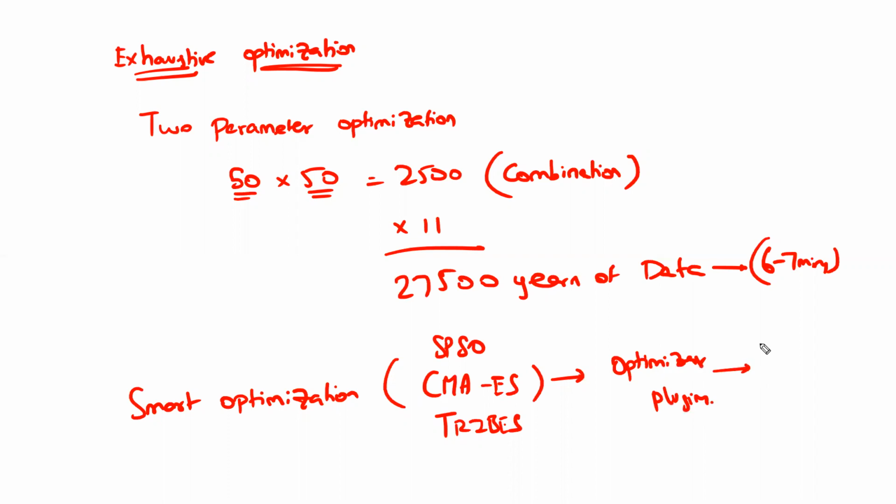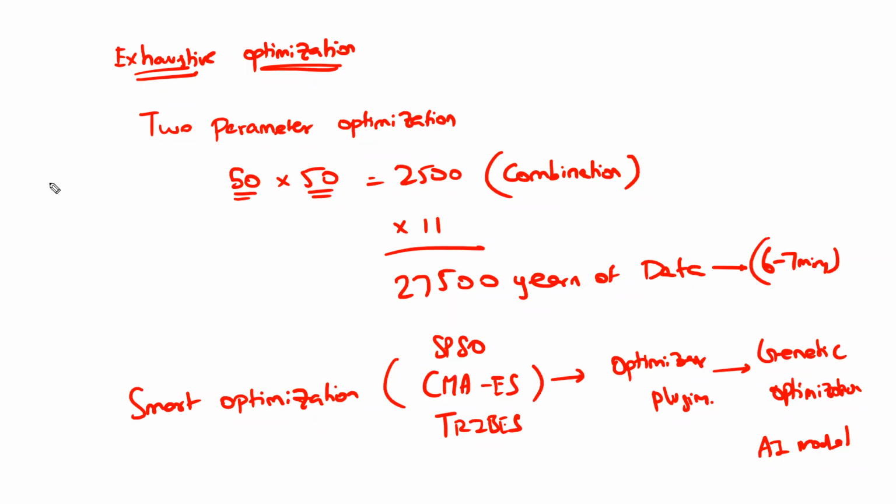Some of them use genetic optimization. Some of them use AI models to predict the best optimizer parameters. Straight away, it throws the best possible parameters. So a lot of various methods have been used. SPSO stands for Swarm Particle Optimizer. Likewise, CMAES, Tribes, each and every kind of optimizer uses different intelligent techniques or different statistical techniques to arrive